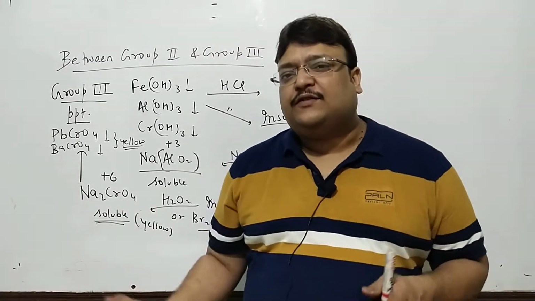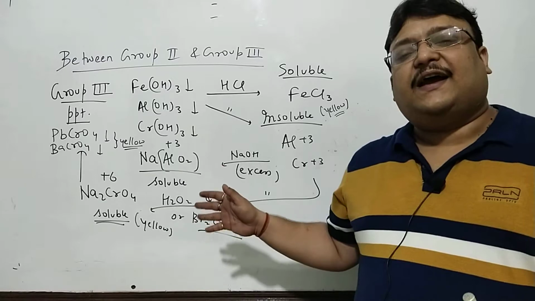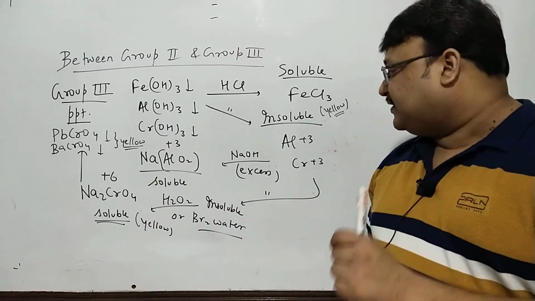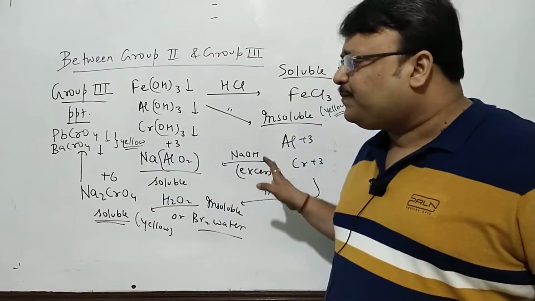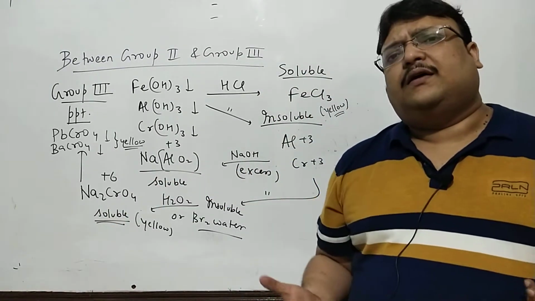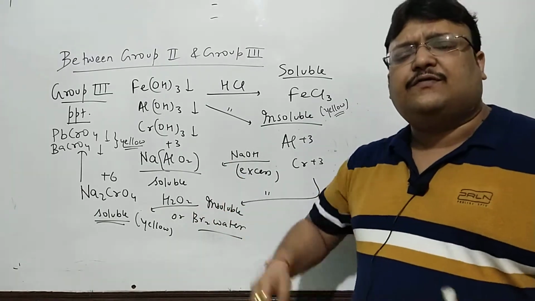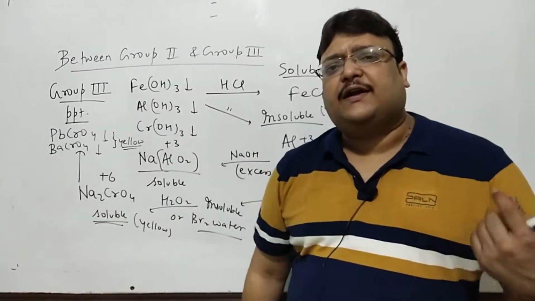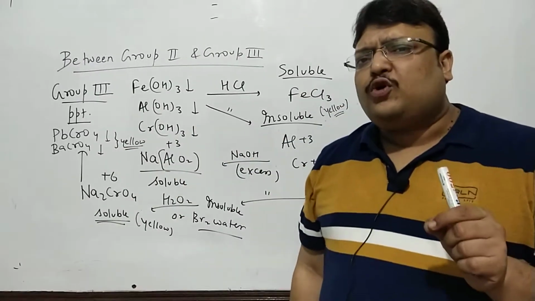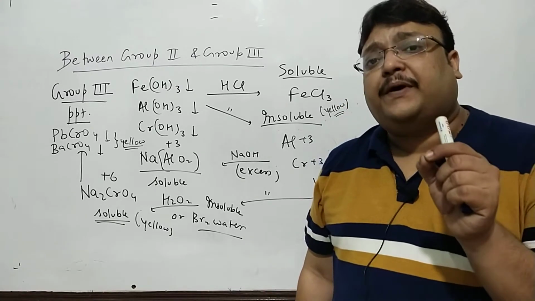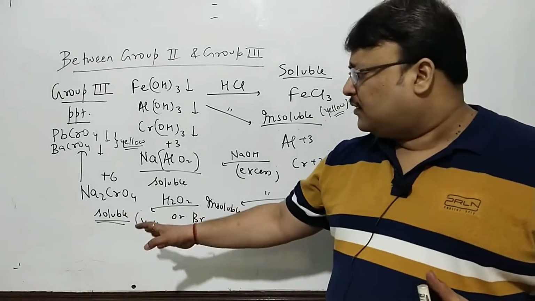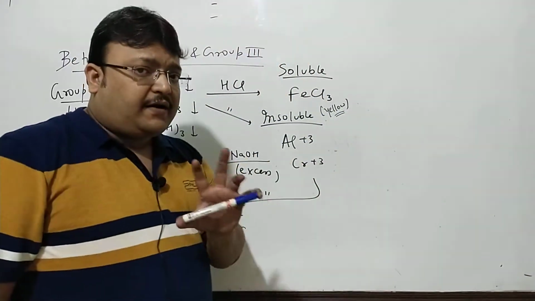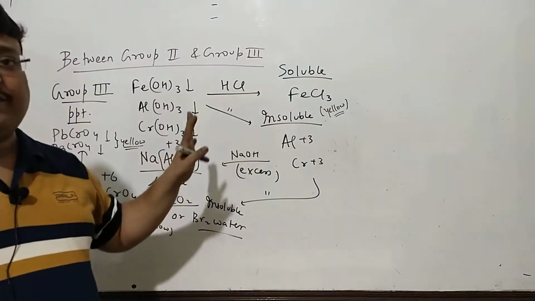Aluminium hydroxide dissolves in excess of NaOH because it can form aluminate, and chromium hydroxide can form chromate, soluble but requires an oxidizing agent because there is an increase in oxidation number. So all of this is very naturally understood by the basic chemistry involved. Chromates, so many precipitates, lead chromate, barium chromate, yellow precipitates, chromates are yellow. I told you about a red chromate, if you remember, silver chromate is a particular red chromate. So chromium can be confirmed that way, and aluminium by a dry test. Iron, we'll see the confirmatory test now.